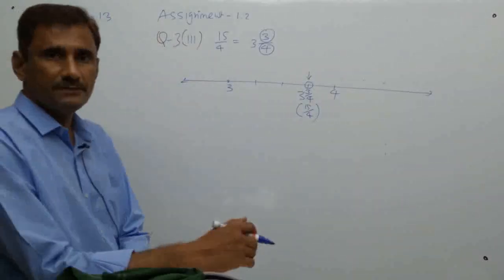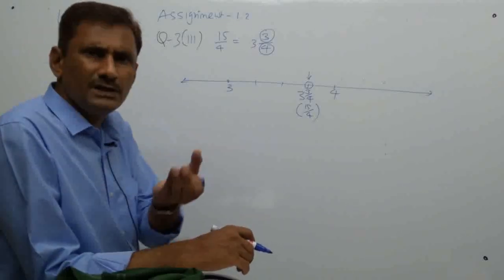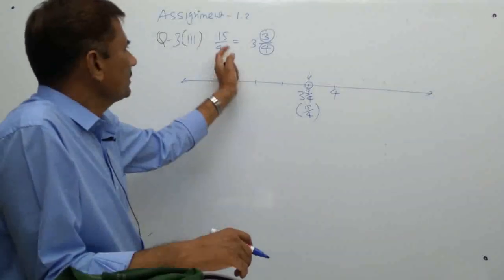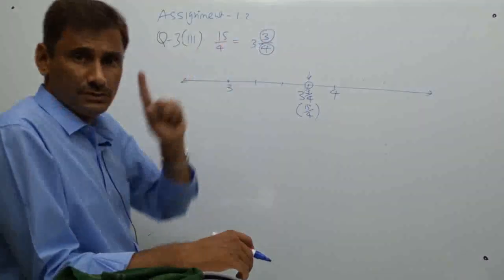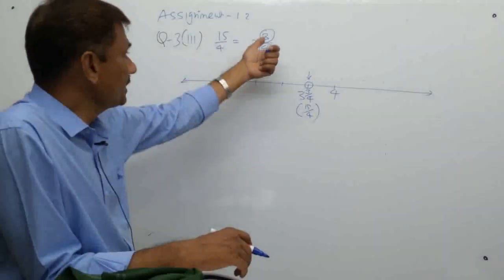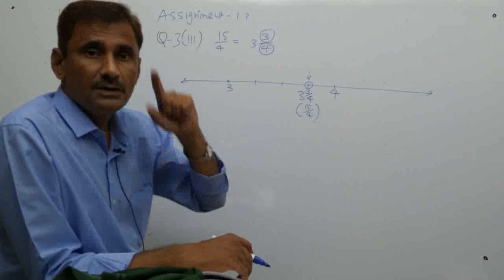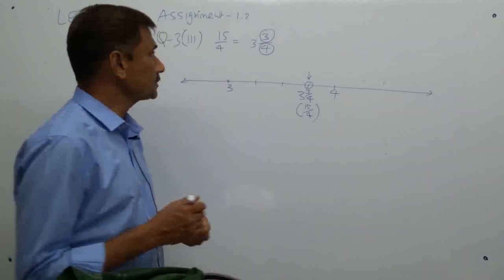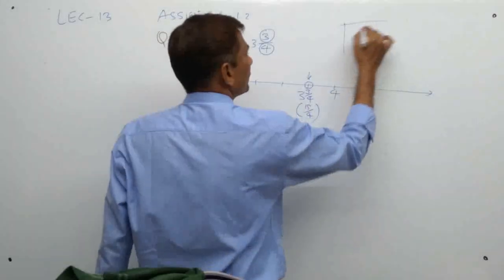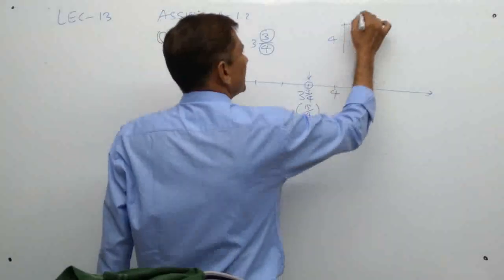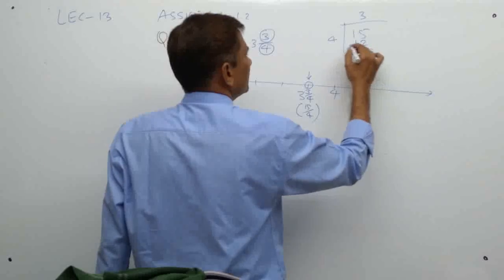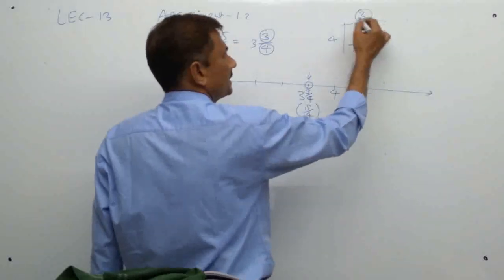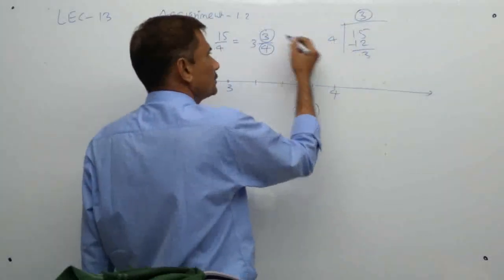The forms are different. Everything is repeating, but understand here how to convert it into a mixed fraction. If you don't do it directly, just divide. But in division, don't go into decimals. Just stop whenever you get a remainder. So 3 is the integer, then 3 by 4 is still left.